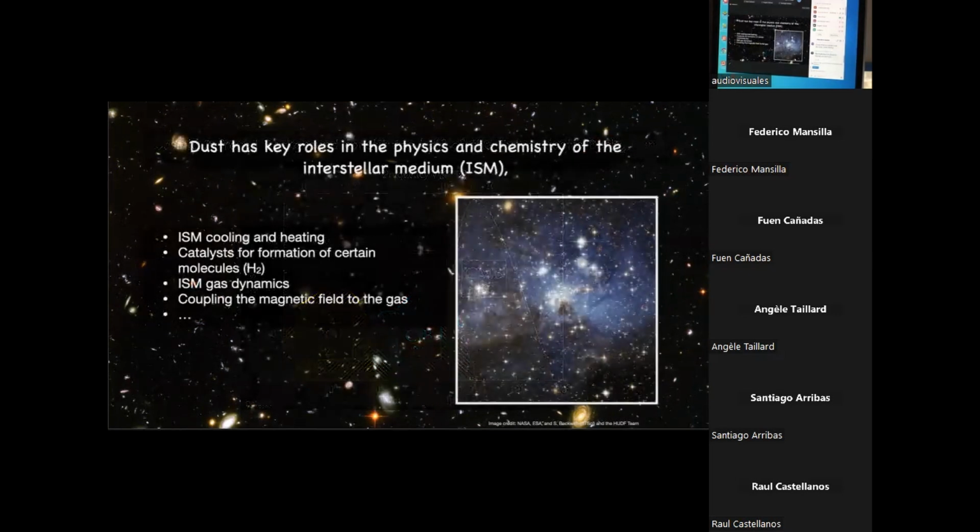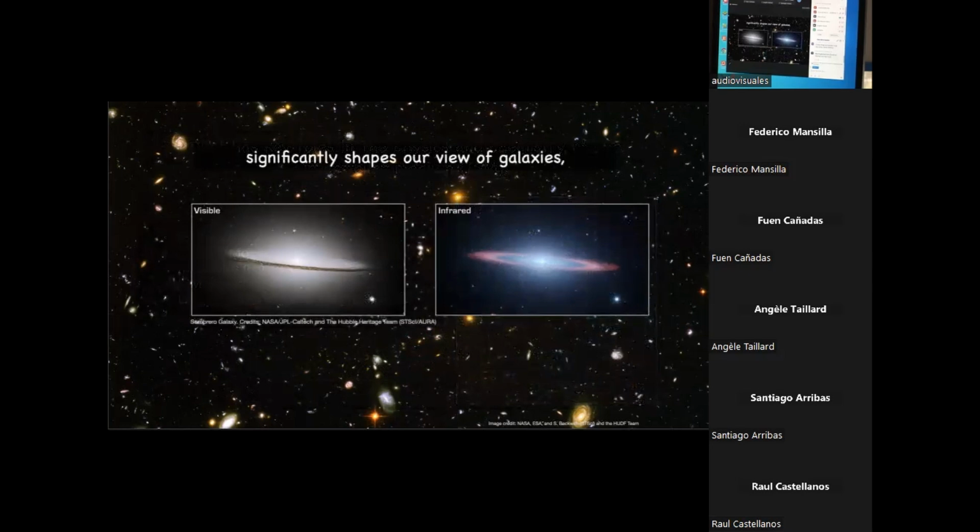Dust also has key roles in the physics and chemistry of the ISM. It has major roles in the cooling and heating of the ISM. It's a catalyst for the formation of certain molecules like H2. It has roles in the dynamics, in coupling the magnetic field to the gas, and the list goes on and on. And it also significantly shapes our view of the universe by absorbing the UV and optical light and